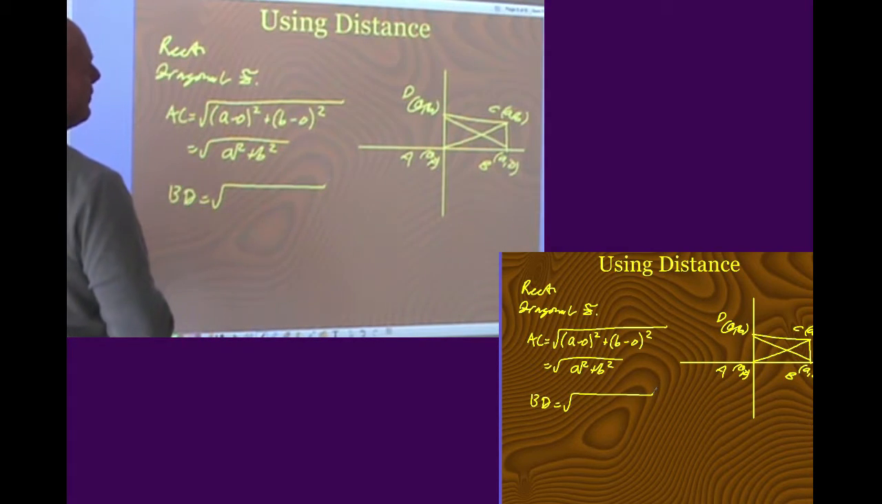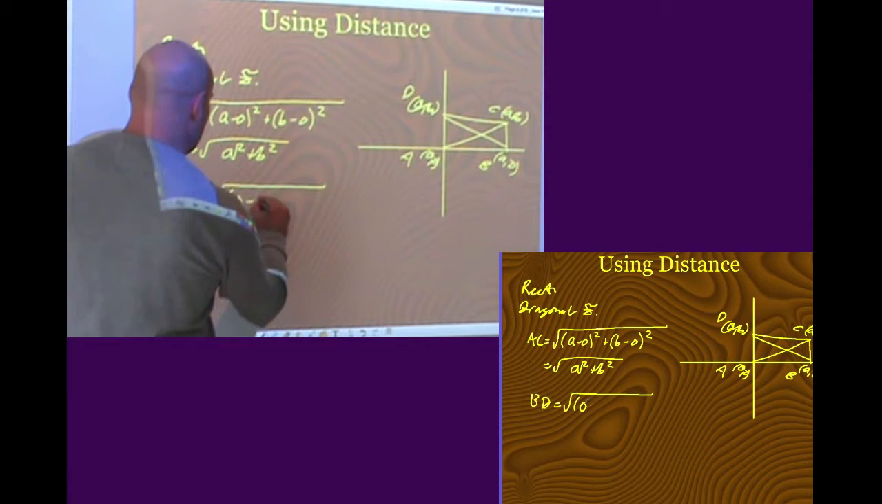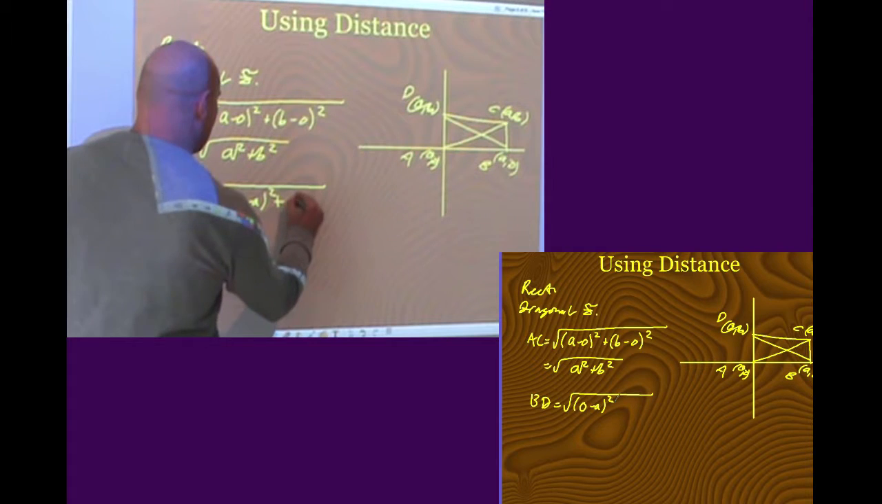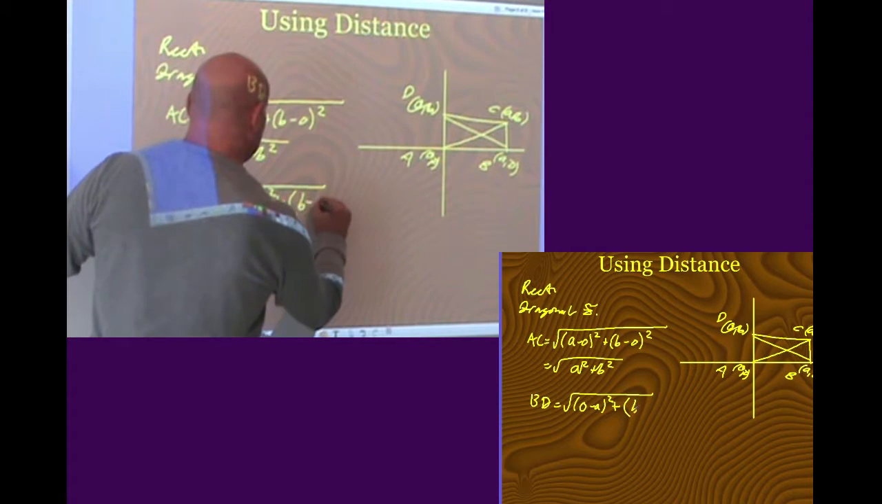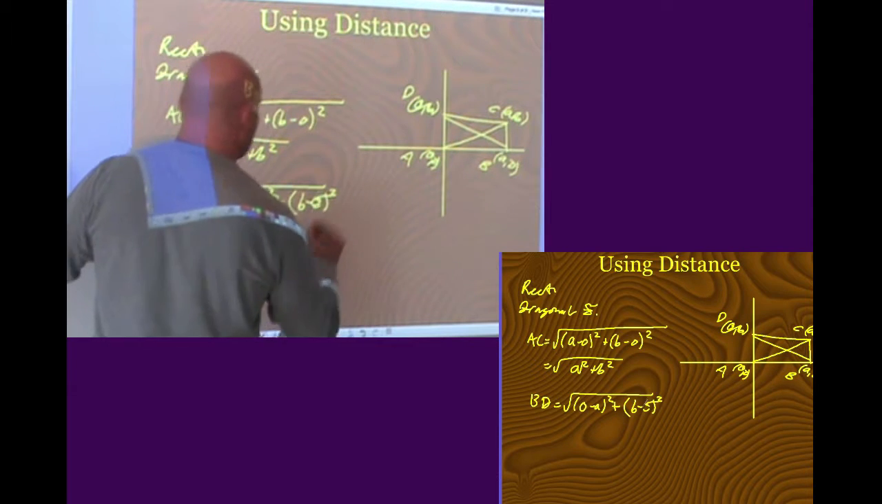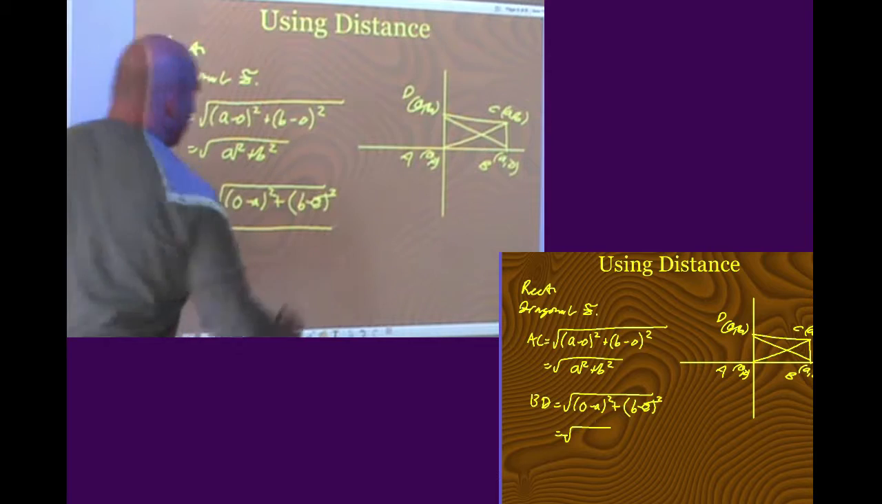So let's test and see if it is. BD: x minus x is 0 minus A, squared. Y minus y is B minus 0, squared. So this is the square root of